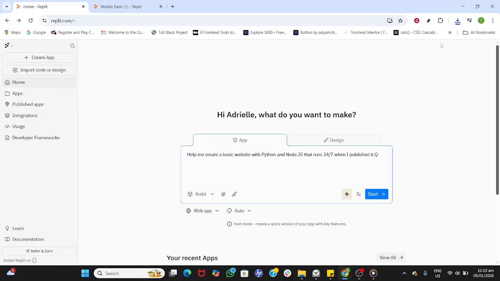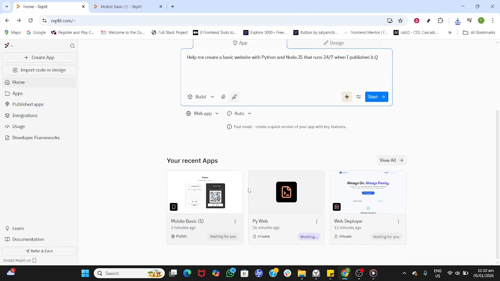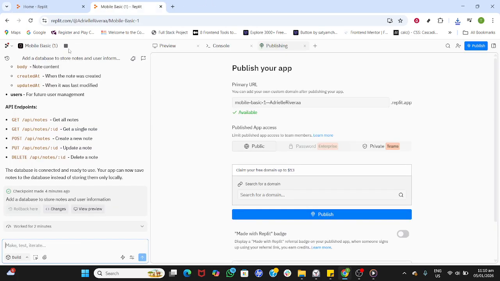In today's video, I'm going to teach you how to use databases on Replit. Start by heading to your Replit homepage. From there, open the app or project where you want to enable database support. This can be any existing project. The goal is simply to attach a database so your app can persist data instead of keeping it only in